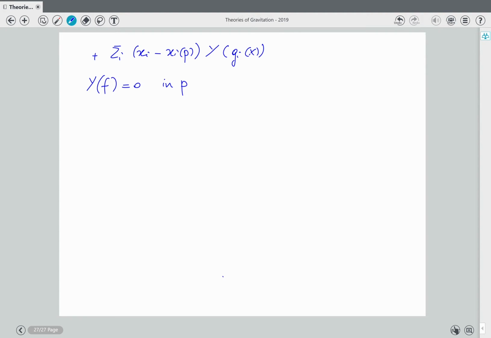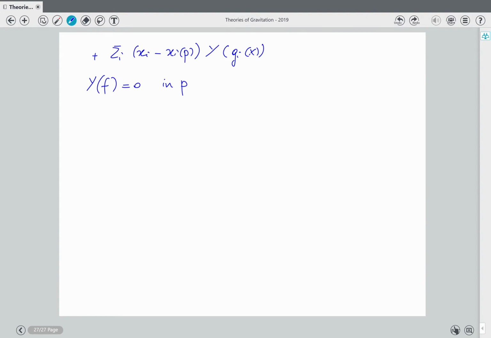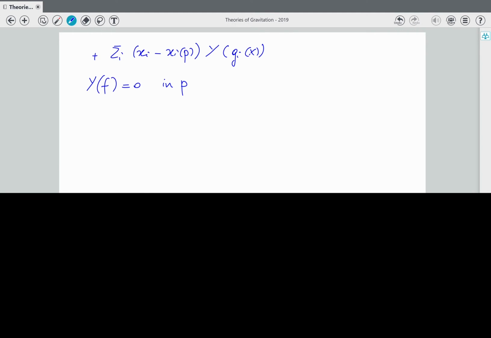Now, the tangent space in P is isomorphic to the space of derivations in P. They are basically the same space. So this is another way to describe the tangent space, and it will be closer to what we will need later. So the tangent space TP